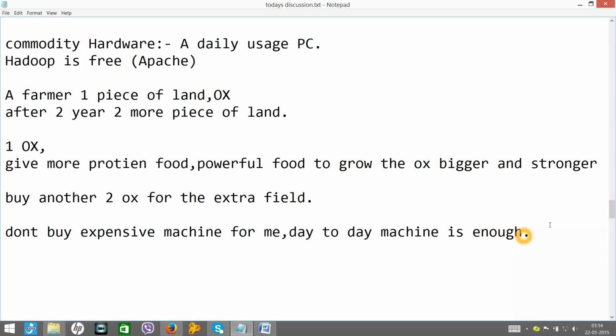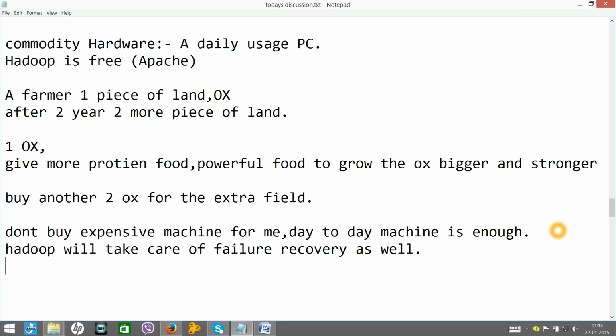And here you have to deal with this failure recovery as well. But Hadoop will take care of failure recovery as well. So you can add n number of small hardwares, and Hadoop will take care if any failure comes in the middle. We will see that later, how it does that.